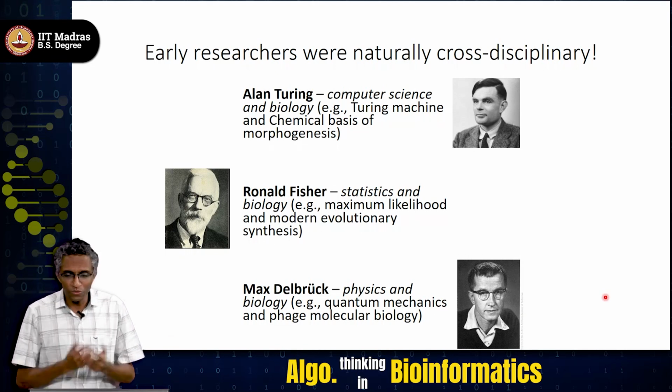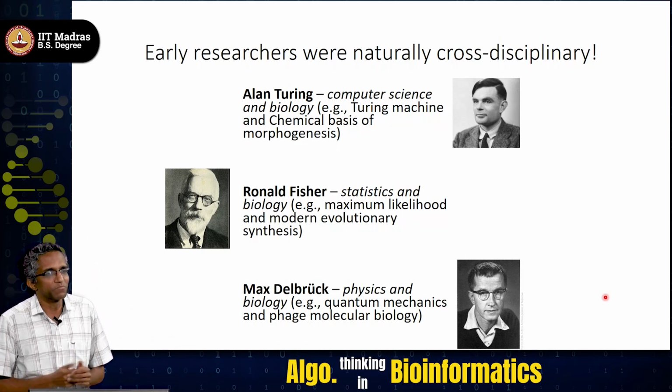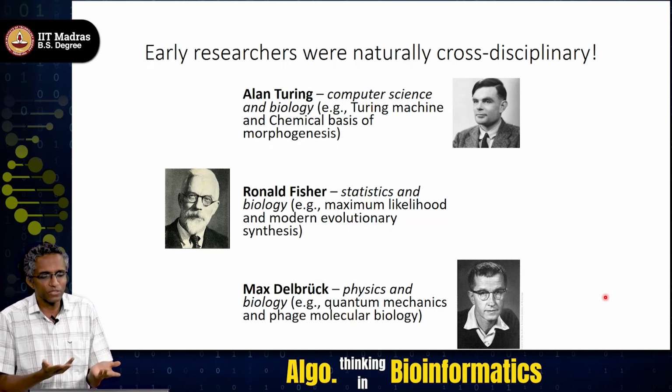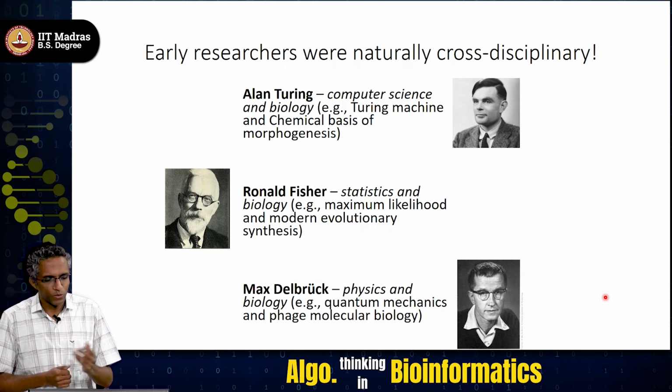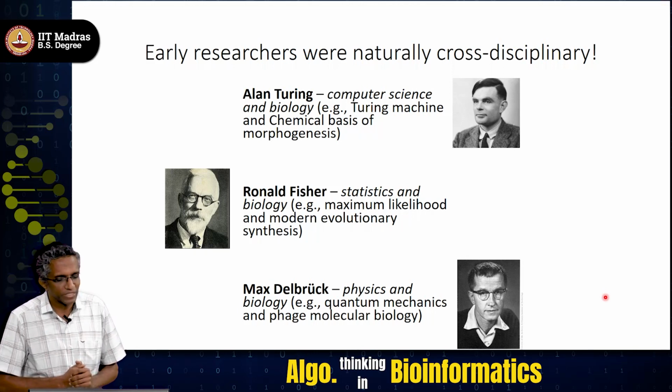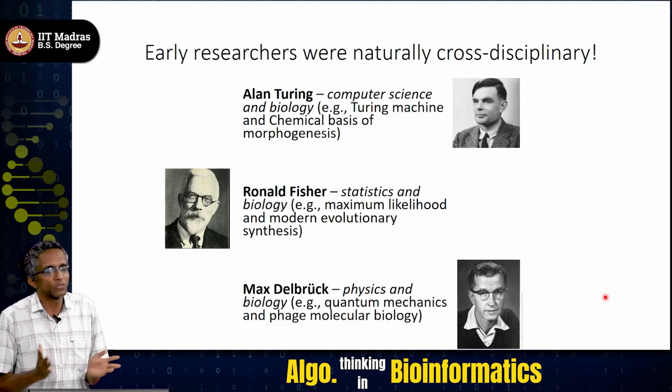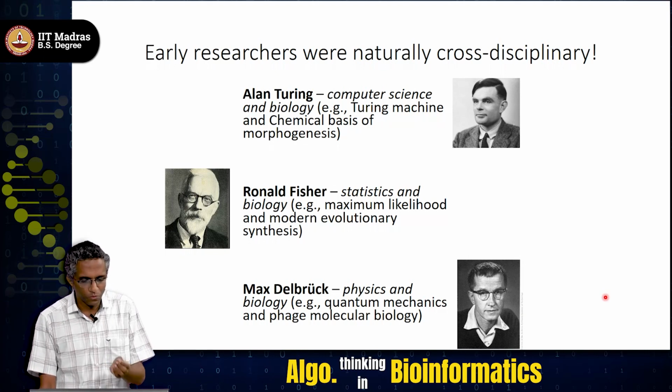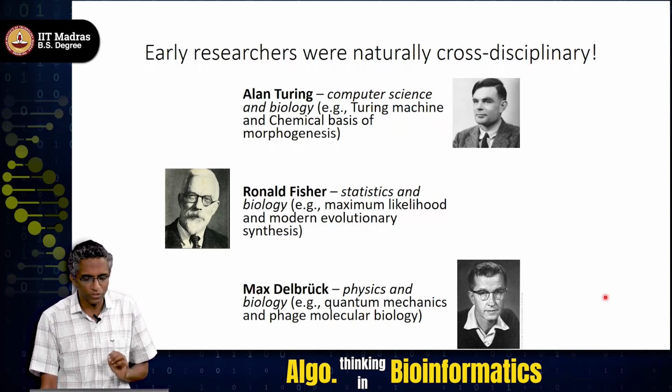So the Turing machine is one such main contribution of his, and then he also studied the chemical basis of morphogenesis, which is embryo development. Ronald Fisher, again in your foundations of statistics you may have heard about the maximum likelihood. He contributed in a major way to maximum likelihood theory, and at the same time he also looked at evolutionary problems in biology. Max Delbruck is another researcher who worked in both physics and